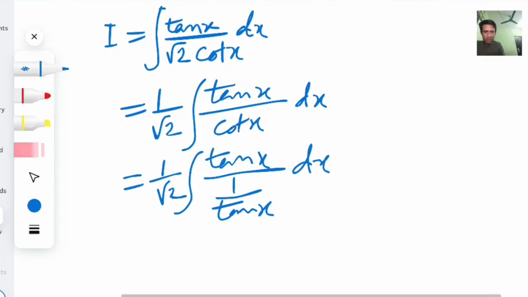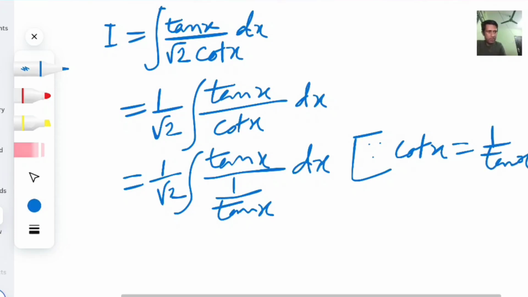So I have written it here. Okay, so 1 divided by root 2